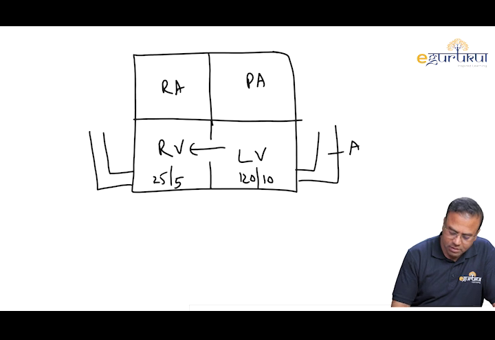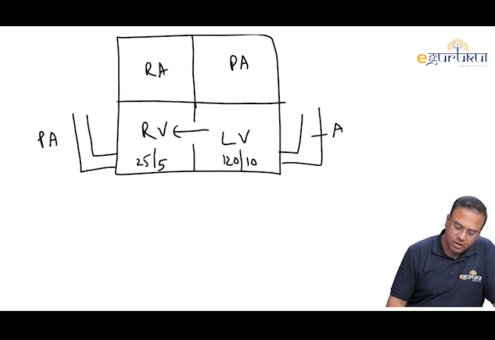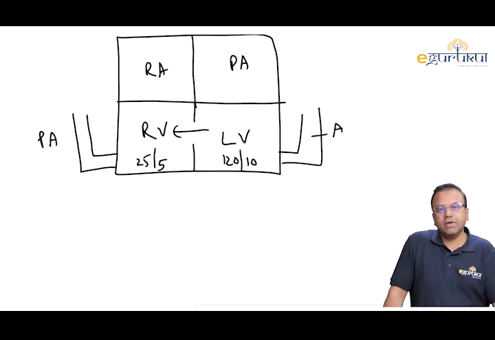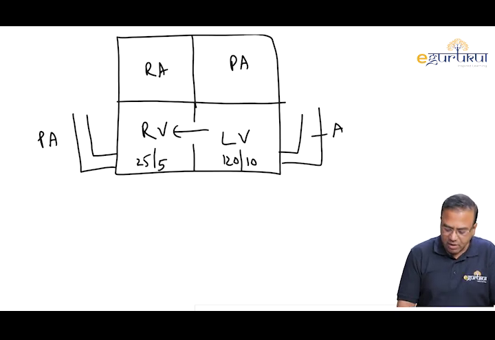Okay, this is the aorta and this is the pulmonary artery. Now the idea is how much blood will shunt across between the left ventricle and right ventricle will decide ultimately how much is the pulmonary flow. If it's a small shunt, then the amount of blood shunting from LV to RV